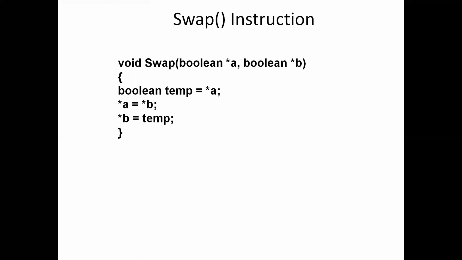See here, it's a swap instruction. It is a void type. The return type of this swap instruction is void, that means we are specifying that we are not going to return anything. And the parameters for this swap are two parameters of boolean type, that is, the parameters of swap will be true or false. Both the parameters are of boolean type, and you can see here these are pointer variables. Here the arguments for this swap we are passing are pointer variables.